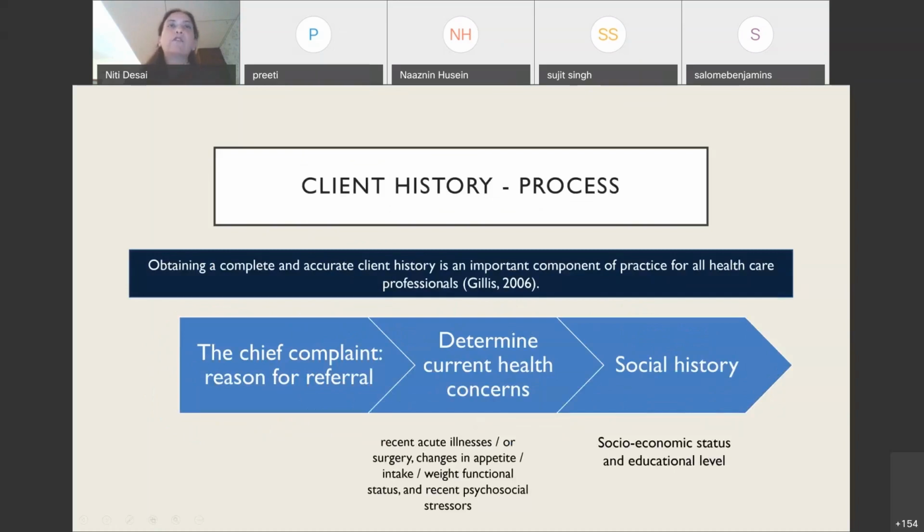So from getting all the information, we need to sift out what is the main complaint and the reason for referral to us, to a dietitian. Very often patients come in and they say, oh, I'm putting on weight, I'm trying to lose weight, but it doesn't happen. I'm also constipated. I have some hair fall, and I'm also suffering from low energy levels. Now, she may want you to treat all of them separately, but one must be able to realize that perhaps these are all symptoms of hypothyroidism, and that is something that we could suggest to get tested